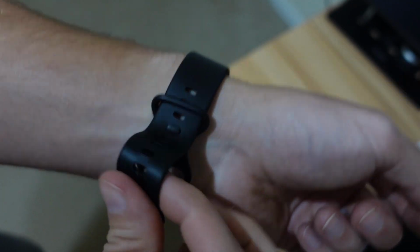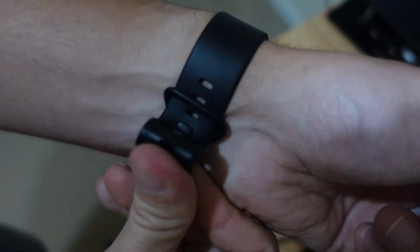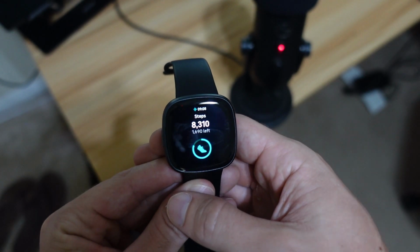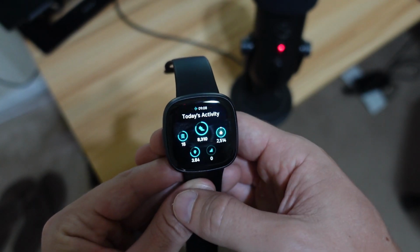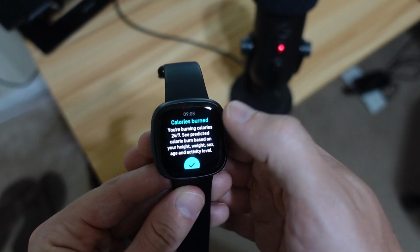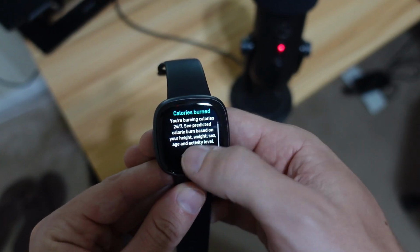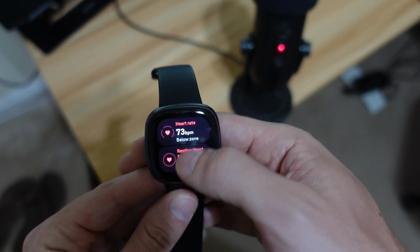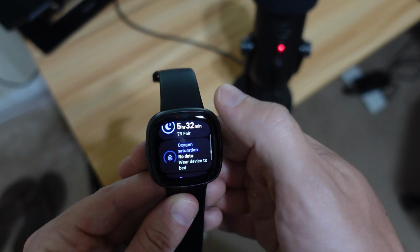Otherwise, it feels just the same as the Charge 5. They also took a page from the Charge 5's display, as it is very clear and easy to read everything on screen. I don't know what they did in the last couple updates to change this, but as soon as they went to the colored display, it really has made a pop to that display and characters on screen where